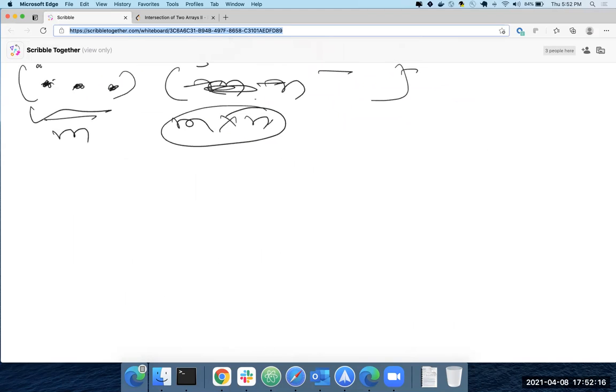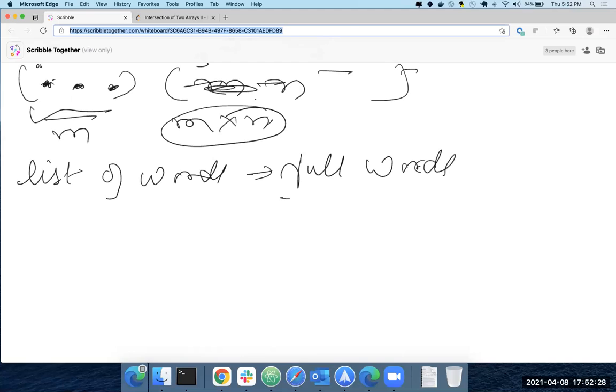Let's say you're given a list of words, and these are full words. And you're given a single word. So you check the length. Checking the length will allow us to eliminate all the words that can't be a match. But if they all are the same length, it's the worst case. Yeah, but you can check for length. That's one option.